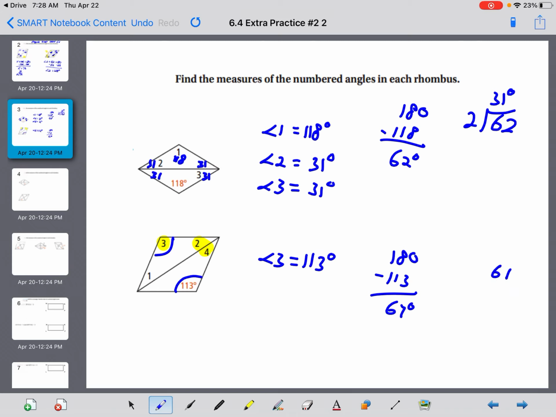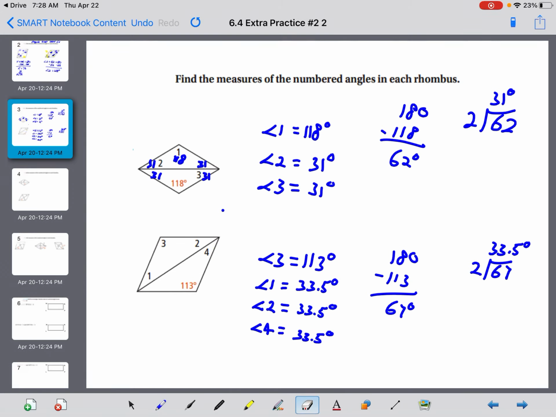Now I've got to take that 67 and divide it by 2. 67 divided by 2 gives us 33.5 degrees. So angle 1, angle 2, and angle 4 are all 33.5 degrees. Okay, if we fill in our picture,